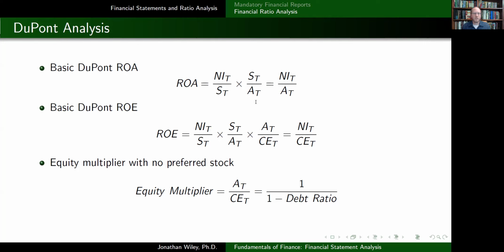If there was a big fluctuation in profit margin one year and everything else is pretty stable, and then that flowed over to a big fluctuation in return on assets, then it might make sense. Well, let's look at that. Let's look at that particular year where the profit margin had a big change, and let's see what happened. And maybe there was a tax law change or an unusual one-time event or something else that led to that. And so that's where it should drive you to go back to the financial statements and say, well, let's